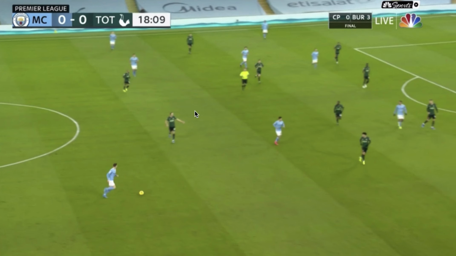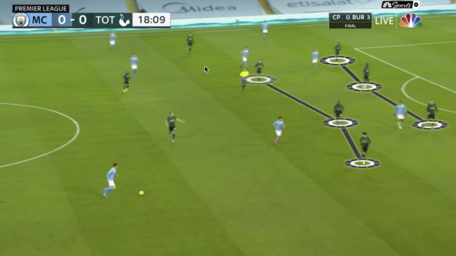So now, moving back to Manchester City in possession, we have Tottenham in their 4-4-2 because they've moved into their low block, so their lines become flatter and more vertically and horizontally compact. So we have our 4-4-2 shape. You can't see the left fullback in this position, but it's also worth noting the midfield structure of Manchester City